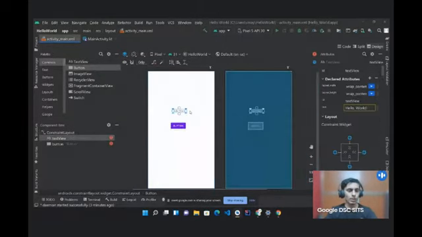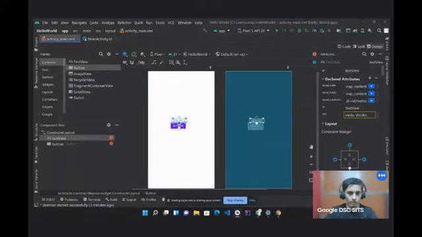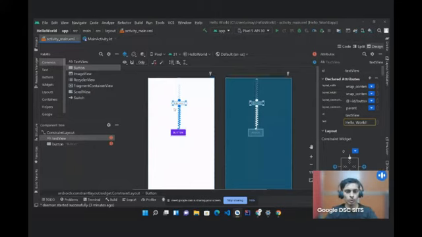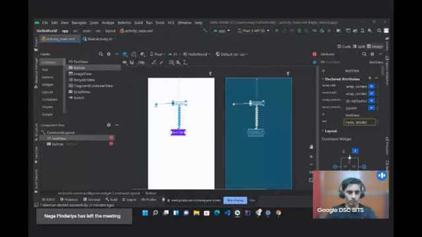As this is a constraint layout, we are required to constrain the views. So I'm constraining this view above the button. And if you want to center the text view, you have to constrain the left and right side of this view to the left and right side of the parent view.